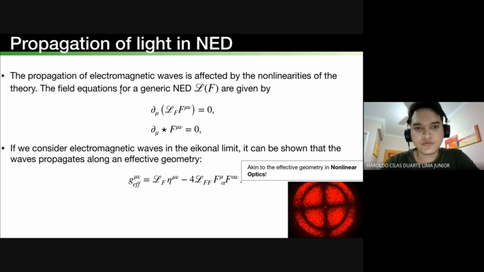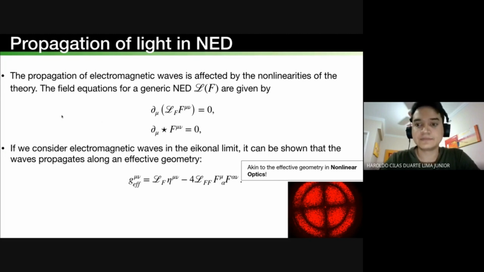So the field equations for a generic nonlinear electrodynamics given by this L of F are these two equations here. And it can be shown that if we consider electromagnetic waves in the eikonal limit, meaning the limit where the wavelength of this electromagnetic wave is very small in comparison to the scales of the problem that we are analyzing,